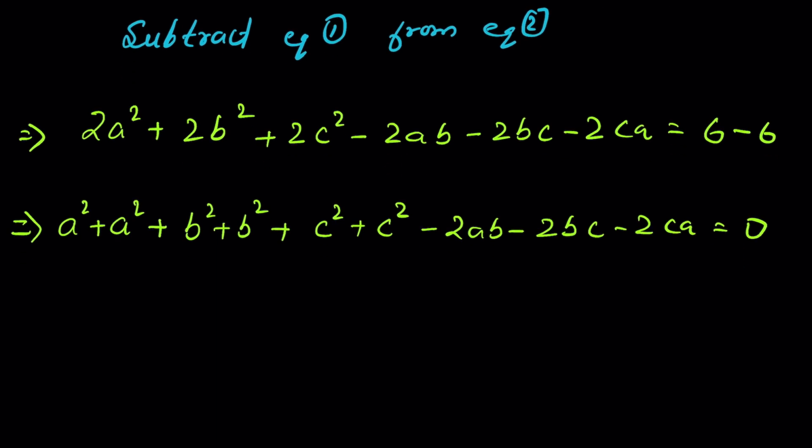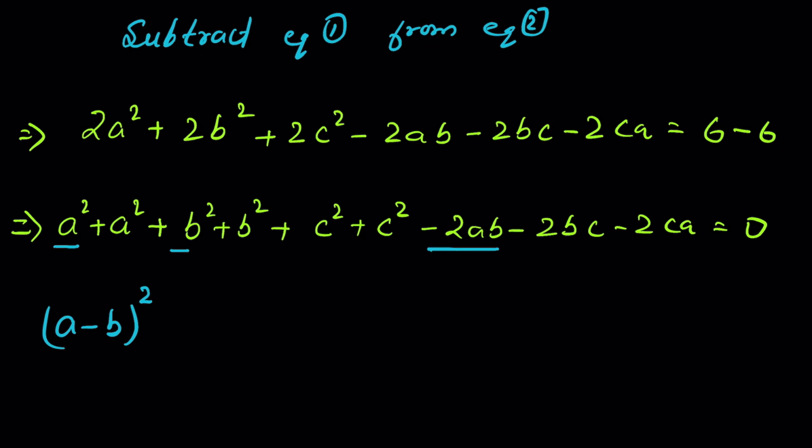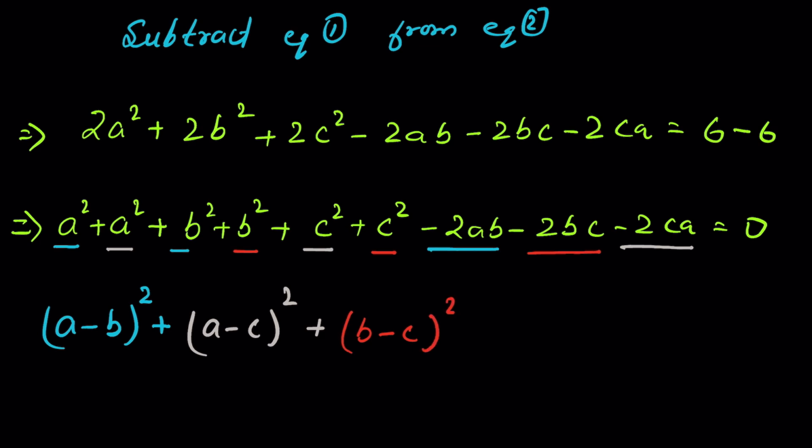equal to 0. Now if we take a square plus b square minus 2ab, then this is equal to a minus b whole square, we can write. Then plus again this a square plus c square minus 2ca is equal to a minus c whole square, plus this b square plus c square minus 2bc will be equal to b minus c whole square is